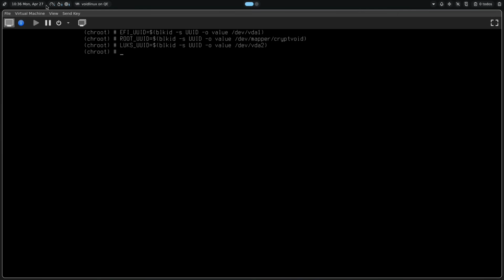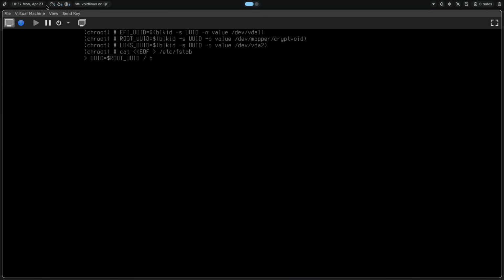Once we call those variables, it's going to actually run that command and get us the UUID for the different partitions, so we can put them in our fstab. So let's go ahead and cat EOF into /etc/fstab. There we go. Holy cow. And now we're going to say UUID equals,